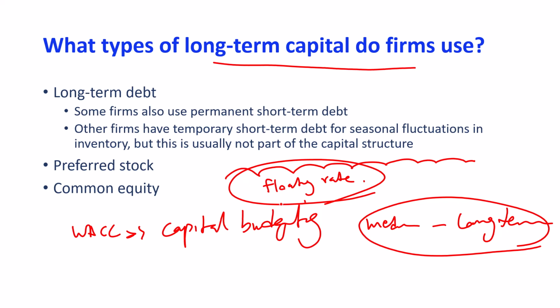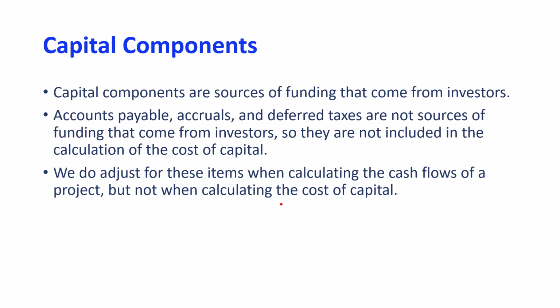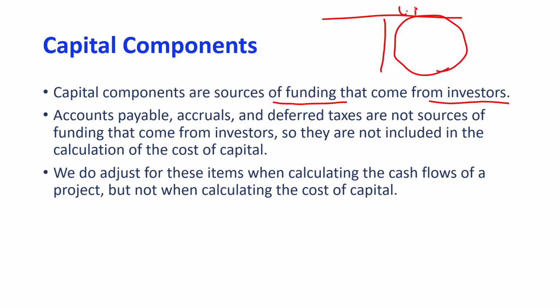So these are the main sources of capital that we are going to use in the calculation of the weighted average cost of capital. And then in terms of the components that we will use, we are going to use the capital components that are sources of funding that come from investors. So when you look at your balance sheet, focusing on the right-hand side of the balance sheet, which are long-term liabilities plus shareholder equity, we will focus on the funds that are from investors, meaning that from shareholders